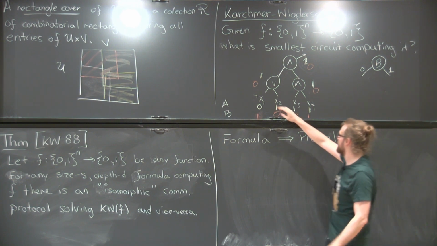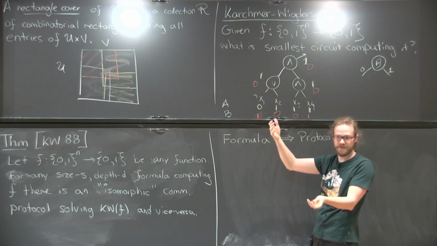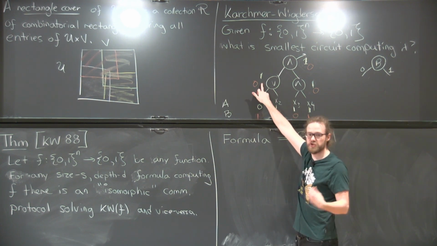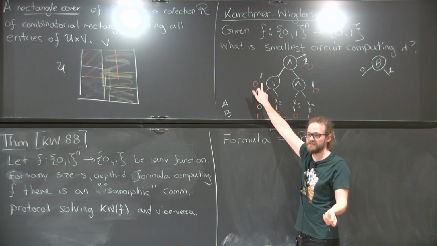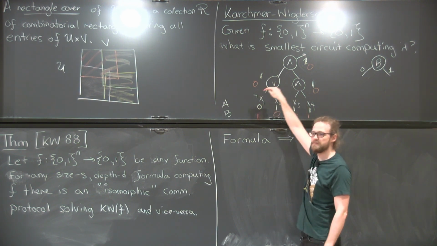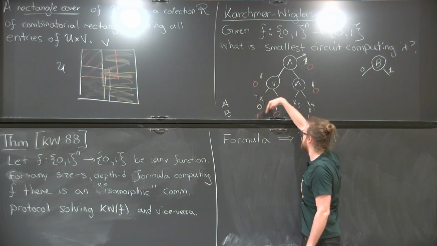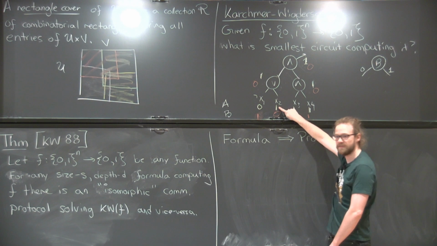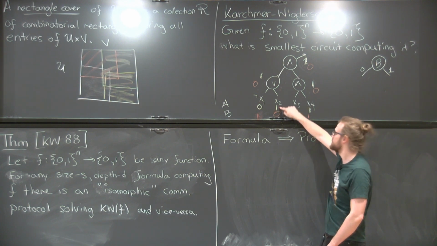At an OR gate, the dual thing happens. Now Alice gets the 1, so she knows where her 1 must have come from. Since Bob has a 0 evaluated here, both of his inputs must have been 0. So Alice will look at her two inputs and send where the 1 was. Like she could say, okay, right here, there's my 1. So then Alice will send back.